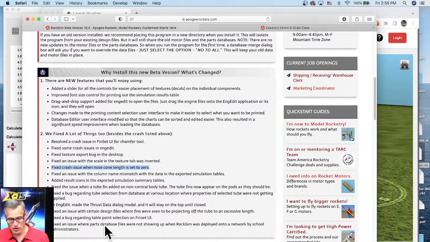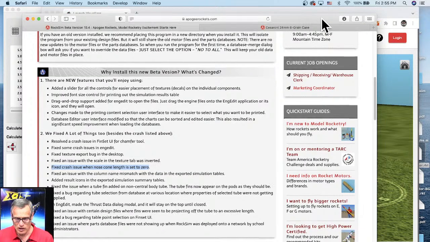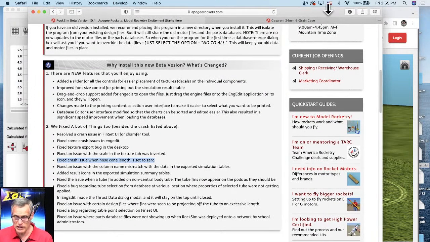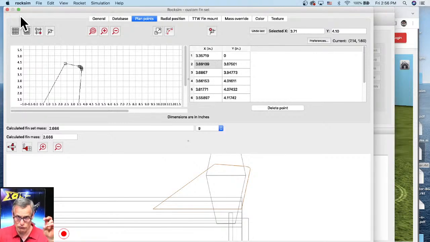So it's worth downloading it and trying it out. We're going to keep it in beta for a couple weeks, let users comment on it, and if there's any other changes, then we'll change them. Once we turn it into the official version, what will happen is